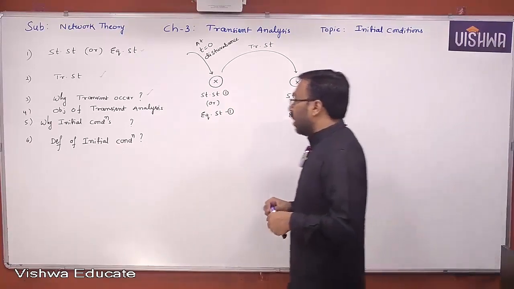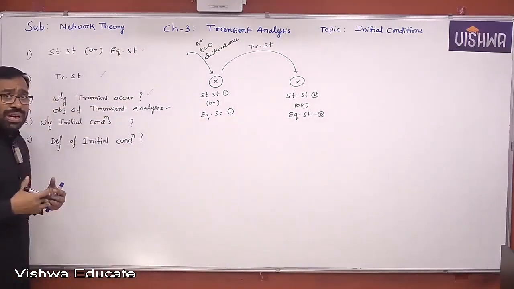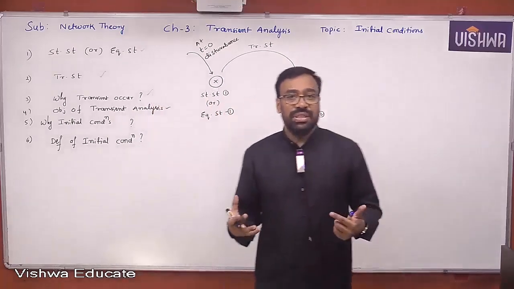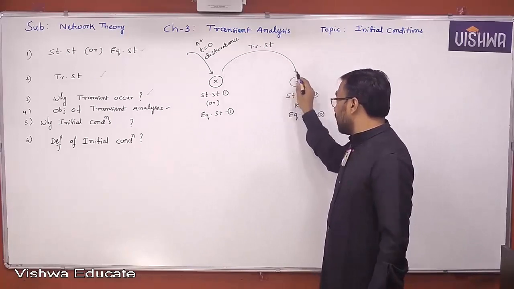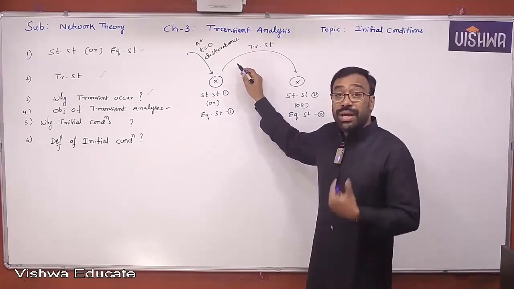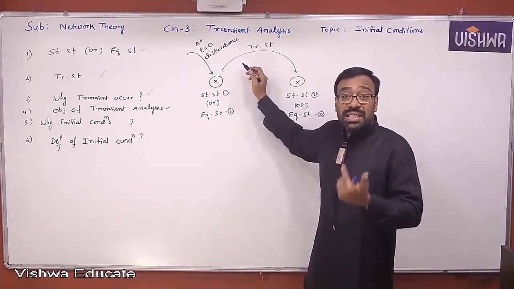Now, what is the objective of the transient analysis here? What is the main objective? We would like to analyze and understand the dynamics of the system. When it is reaching the next equilibrium state, how are the dynamics changing? I would like to know about it, and based on that, I would like to work on the system.